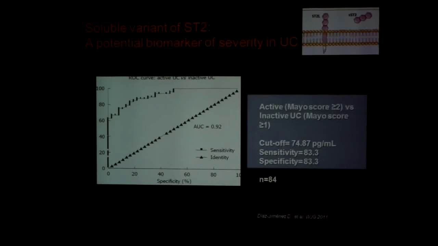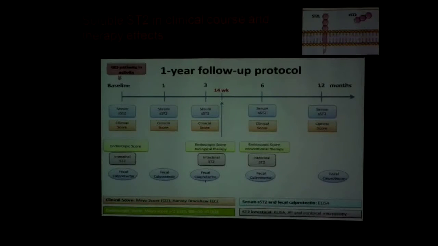So this is shown in more detail here: in 84 patients, we have a very nice correlation between active and inactive ulcerative colitis, suggesting that it's a potential biomarker. I am focused in this cartoon on the soluble variant of the receptor that is upregulated in this disease. After that, we did a follow-up in 31 patients that were under different therapies to detect